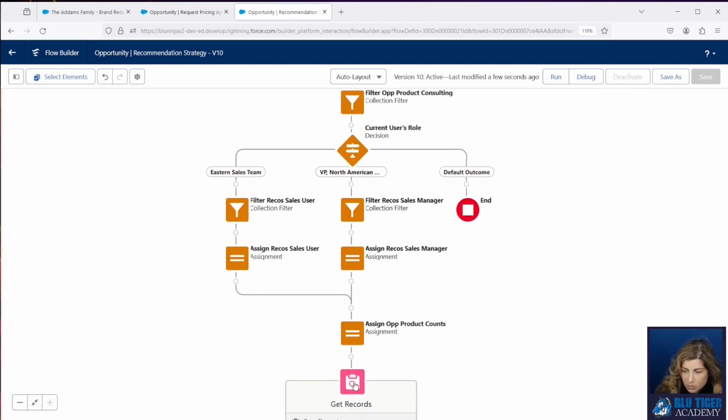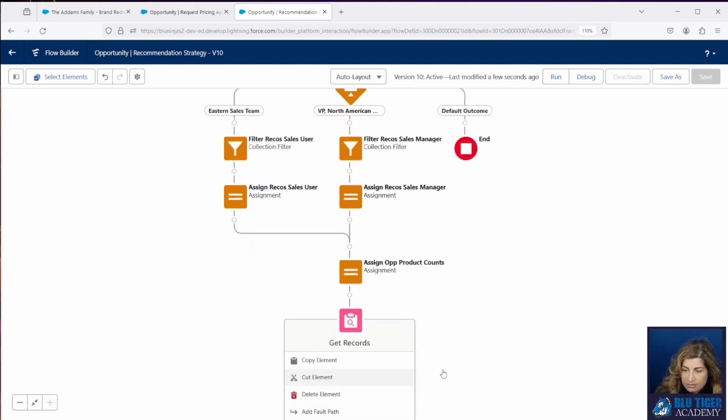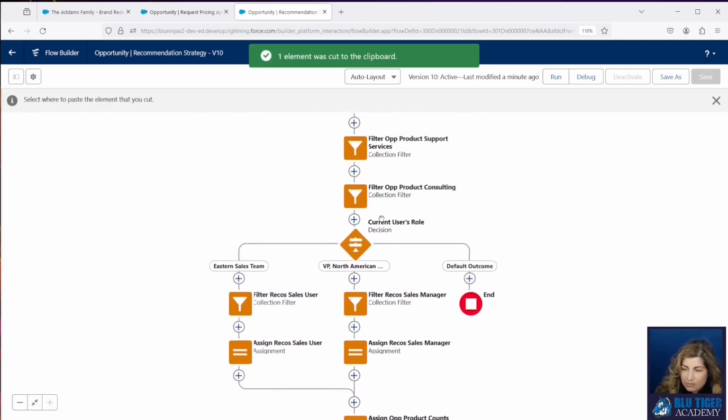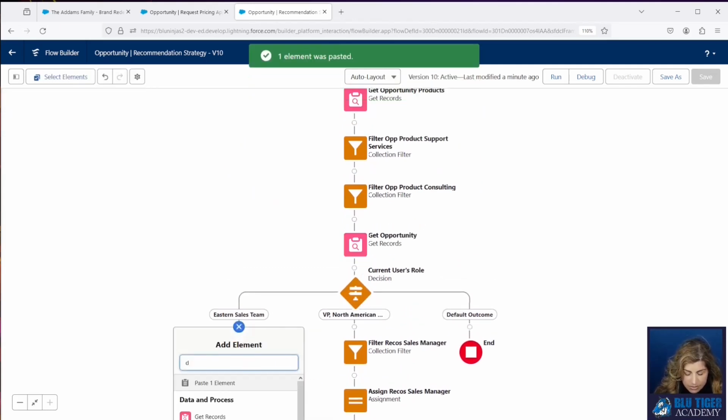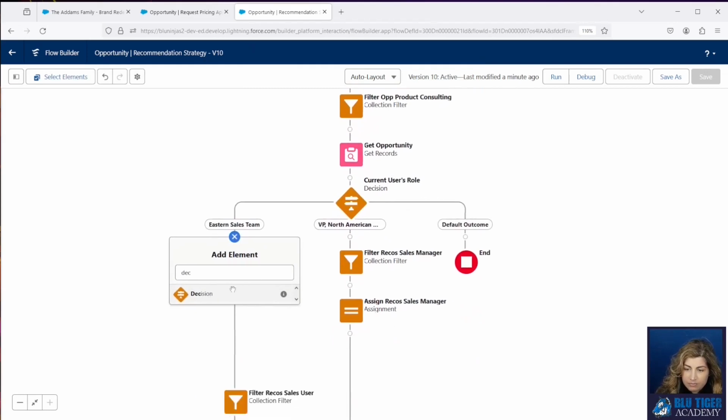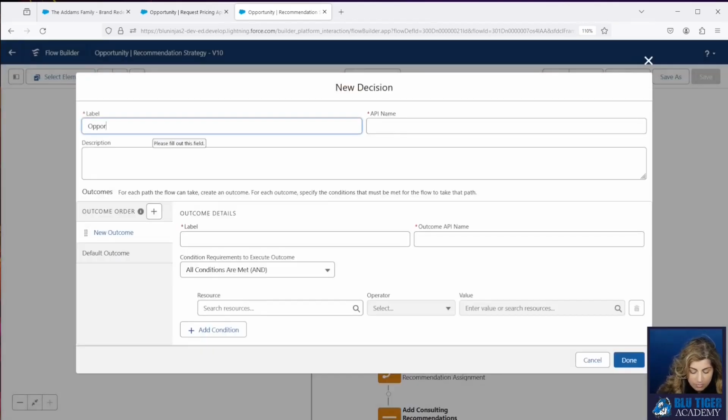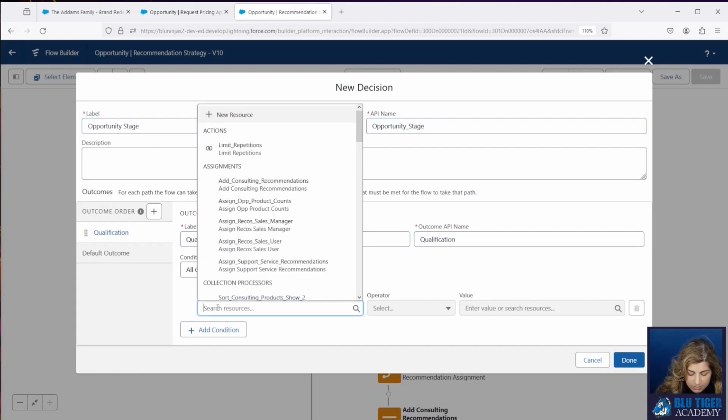So I'm just going to move this get up above my decision element up here. And then I will add a decision here. And this is going to check for the opportunity stage value. So our first one will be qualification.